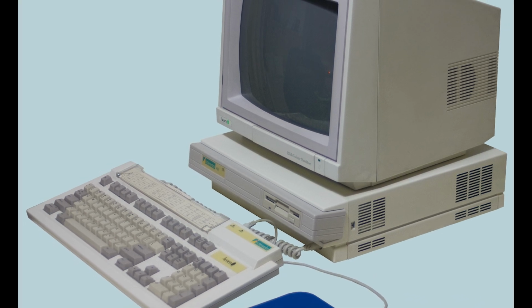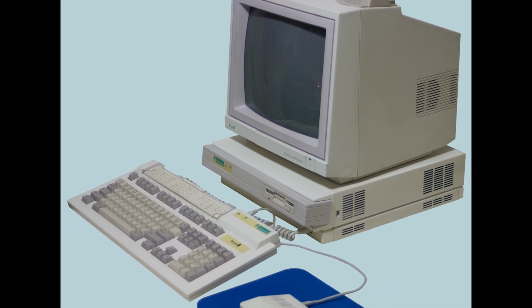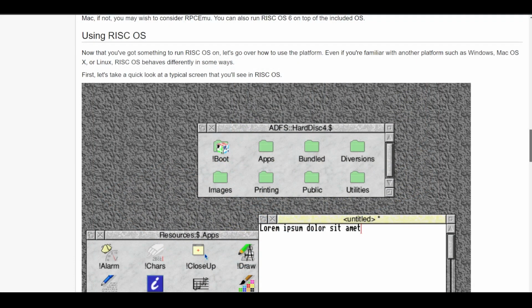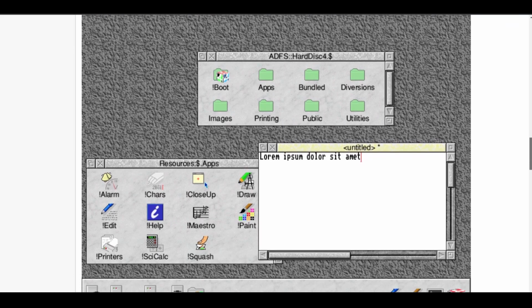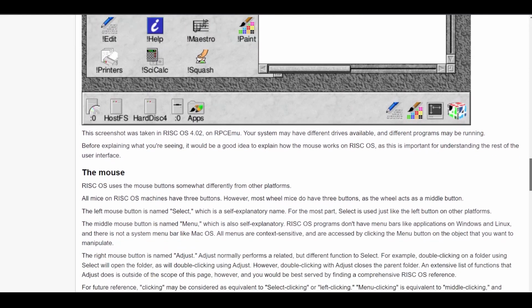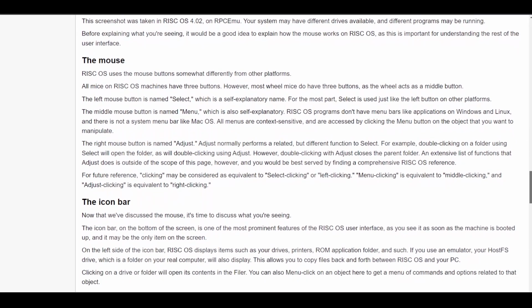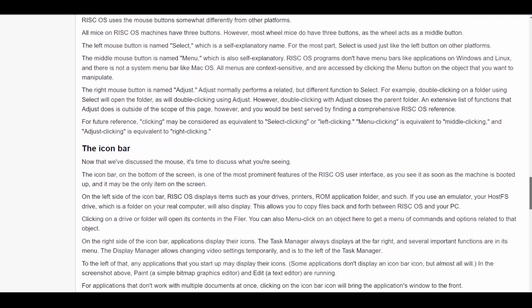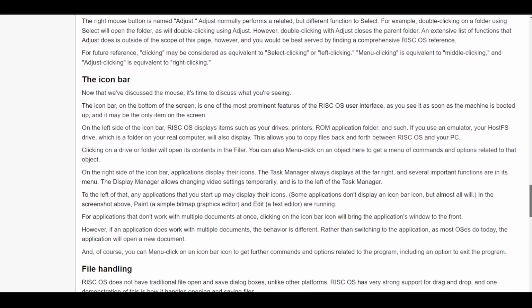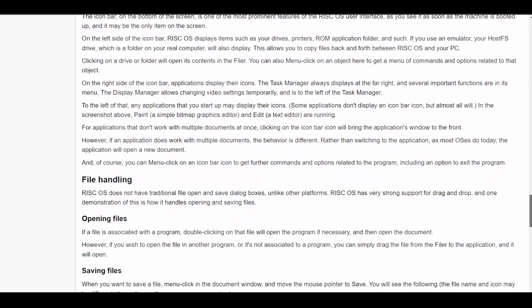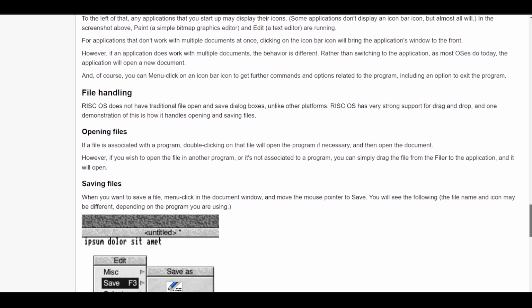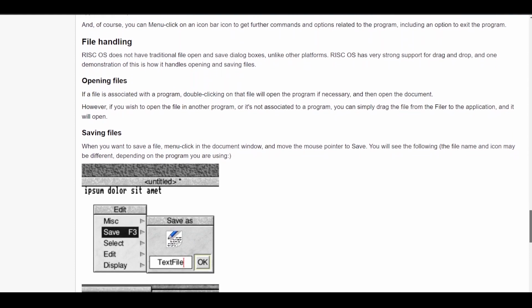RiscOS is a graphical operating system for their then new Archimedes line of computers. RiscOS is its own thing entirely. It's like discovering a lost tropical island that has somehow totally detached itself from the rest of the world. At one point we went left, they went right, and we've just diverged. It hasn't even gone the way of modern operating systems that insist on having different users, logins or administrators.